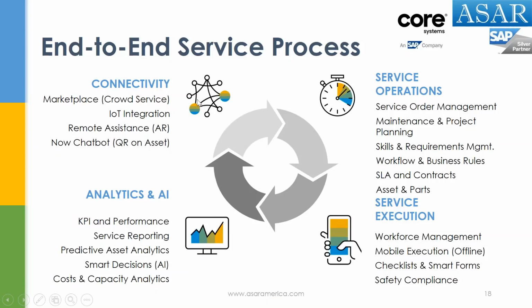So we want to ensure that we have the high connectivity. How can you leverage the crowd service, IoT, remote assistance, and all of those cool features to really take your level to that level 5 that Sanjeev was talking about? Did we ensure that we have all the service operations effectively covered? The service order management, the maintenance and project planning,